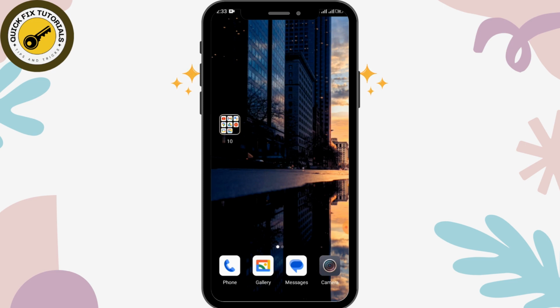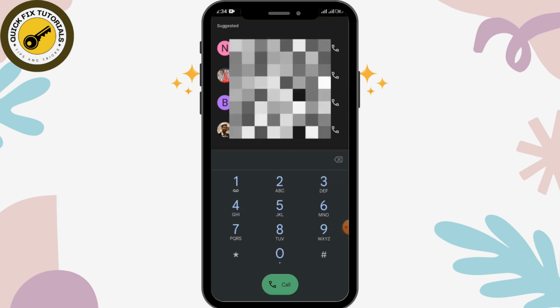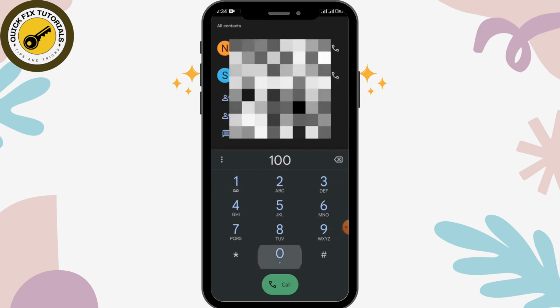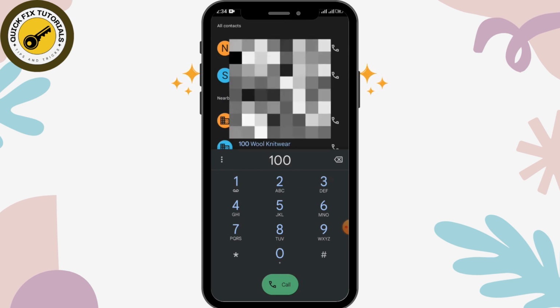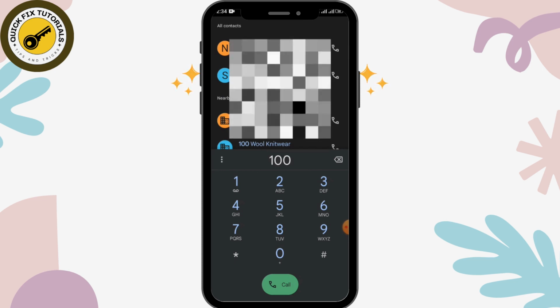So the first thing you need to do is you have to scratch the Zong card carefully. After scratching, go to your phone or dial. After that, tap on the keypad, and here you can simply dial on 100, and after dialing on 100, some instruction will be given to you. So according to the instruction, you can recharge your phone with Zong card, and the next step is you can